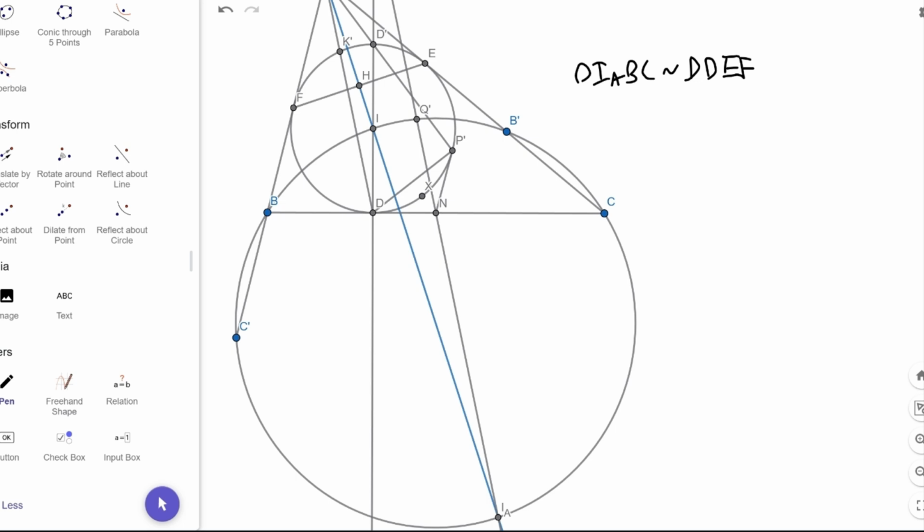Because you get that all the angles are 90 minus A over 2, 90 minus B over 2, and 90 minus C over 2. Anyways, because we have these similar triangles, the point Q prime gets sent to the corresponding point in this one here. So that means that angle CIAQ prime, for instance, is equal to the corresponding one in this triangle. And because we have a midpoint here, we know that this is angle